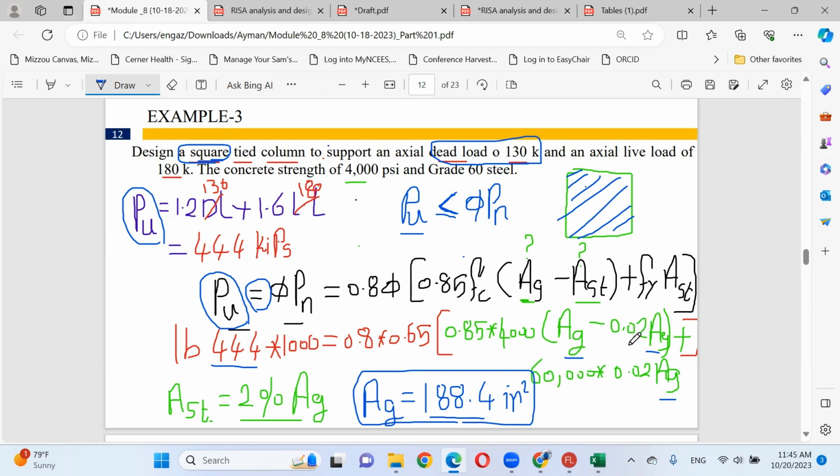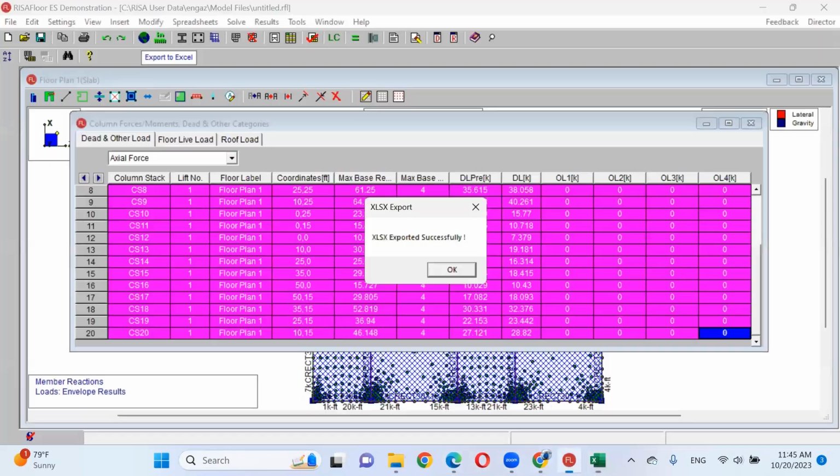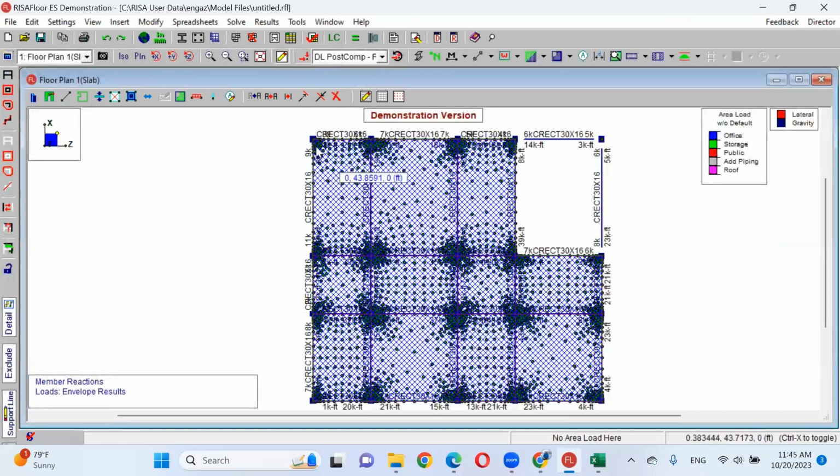My question one more time. Do you think this reaction, which is coming from RISA, after you analyzed your plan, I have reactions on each column. This reaction should be used in the design.